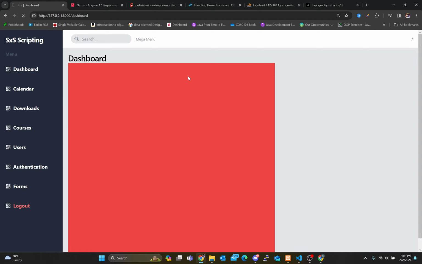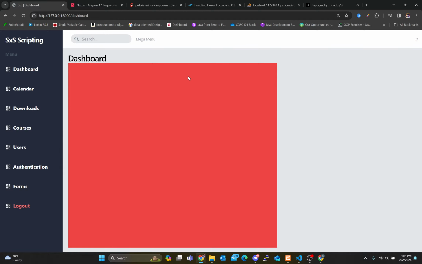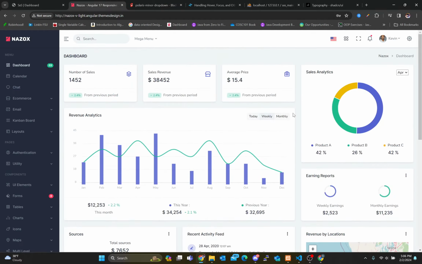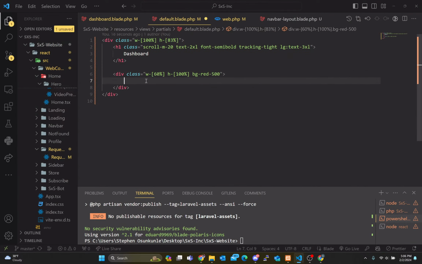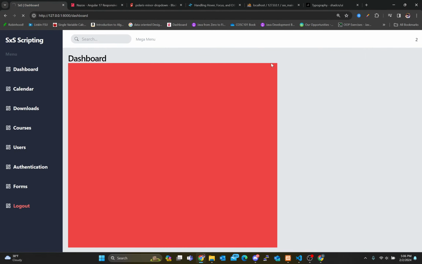Get 83%. Let's see how we looking. Okay, that's cool. Now I'm gonna create the other div. So it seems like there's another div on this side for the other thing. And these already have padding, so